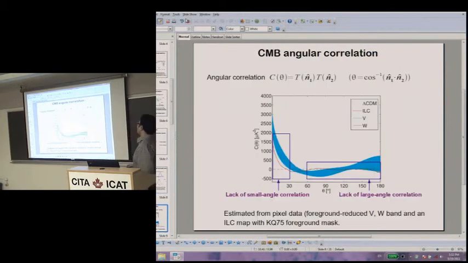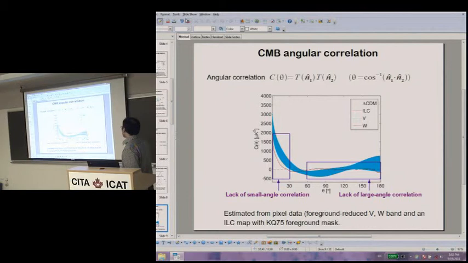And here, these are the angular correlations. These blue ones are from the simulation. We use actual simulations and the correlation from simulation, so that we can take into account the cut-sky effect. We generate a lot of Gaussian Lambda CDM maps, mask them, and compute the angular correlation. This spread corresponds to the one sigma interval, and these are the data, from the Planck full run, or we ran with the K275 full runs, which retains about 70% of sky, and they agree quite well with each other.